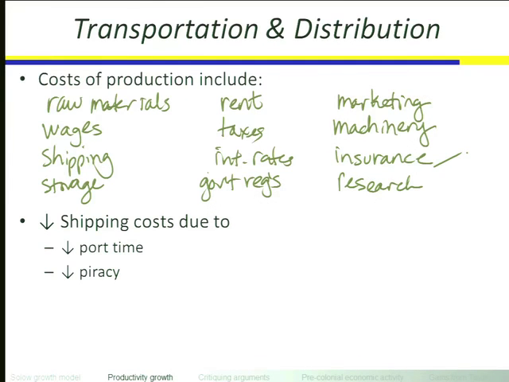So putting down the pirates increased productivity, which increased living standards. The ships were lighter, with smaller crews and faster time, all of which decreases shipping costs, all of which gets captured as an increase in that total factor productivity, all of which increases living standards, all of which means that from now on,